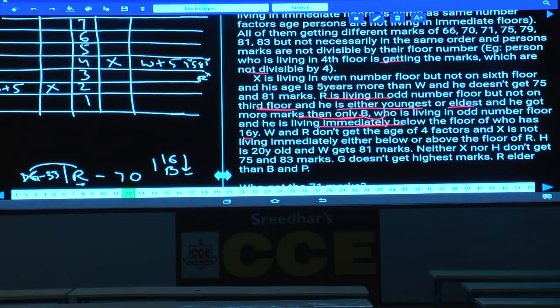Hence, what is the age of this R? This age of R is 33 years old. Are you following or not? Because there, at least there must be one floor between these two. Then